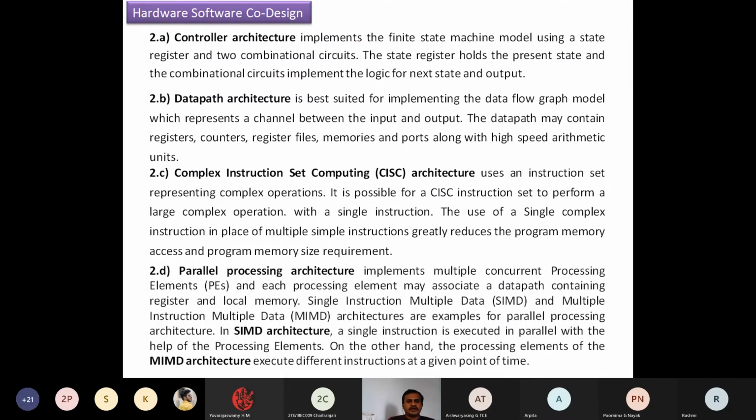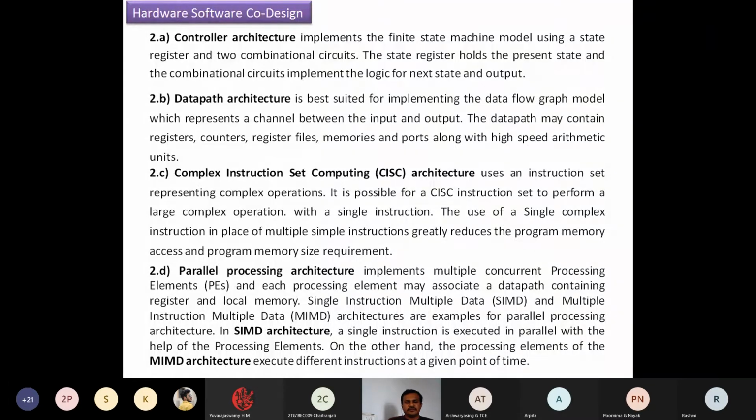Then we may go for the architecture which works on parallel processing. Parallel processing with processing elements. It is going to use the concurrent operation of multiple processing elements, PEs, we are going to name them. Each processing element may associate a data path, meaning the flow of data in a graphical approach, containing registers and